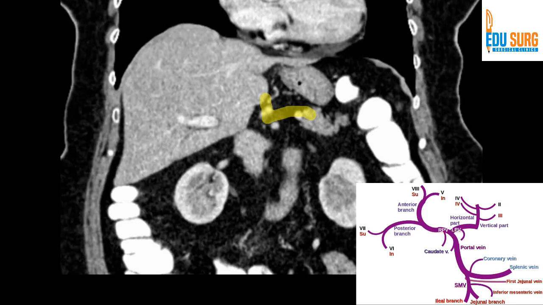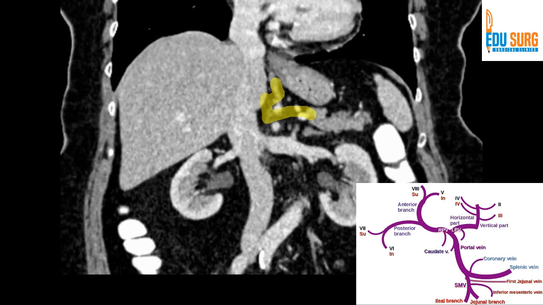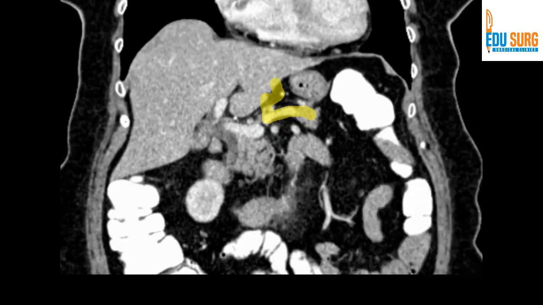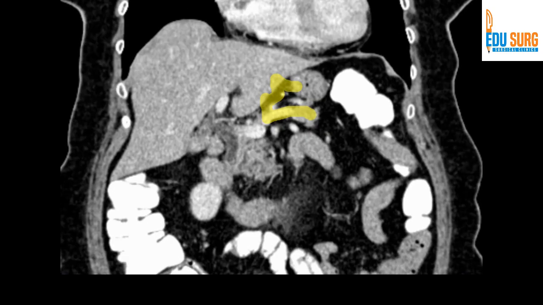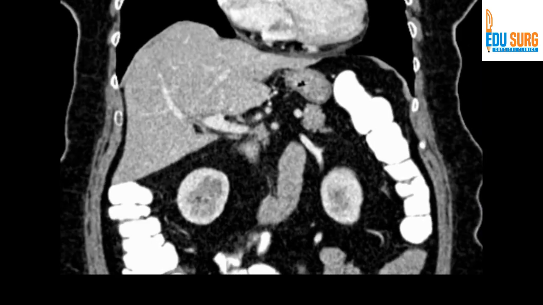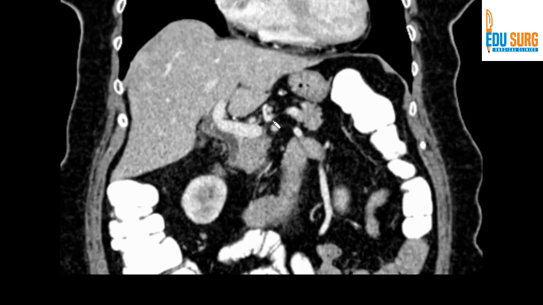Let us trace the left gastric vein or the coronary vein. And from there it will enter the stomach, right? It will enter the stomach. So this is the left gastric vein. In this case, it is opening into the splenic vein. You should know. So in this case, now just to mark how the anatomy is,